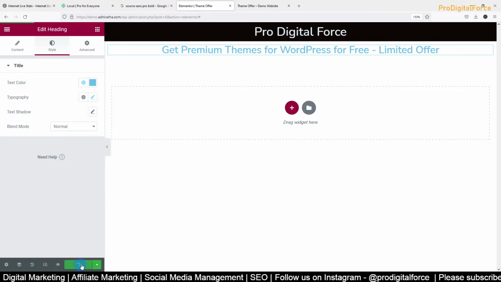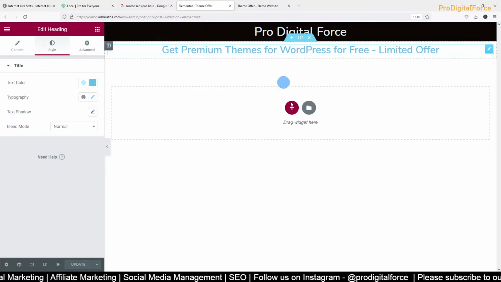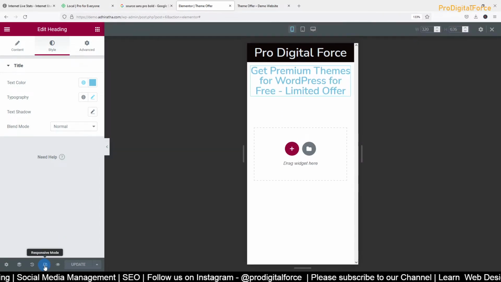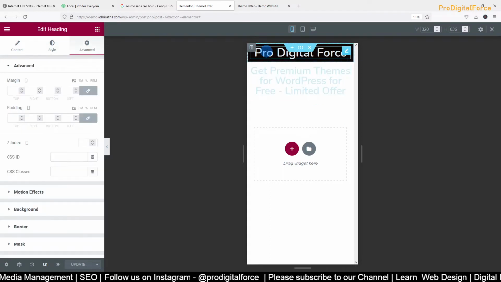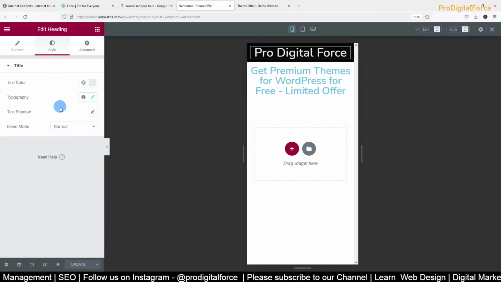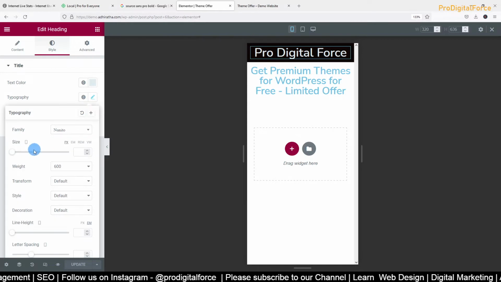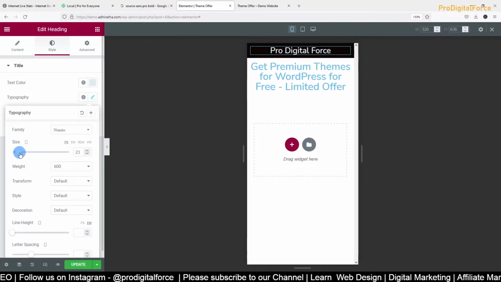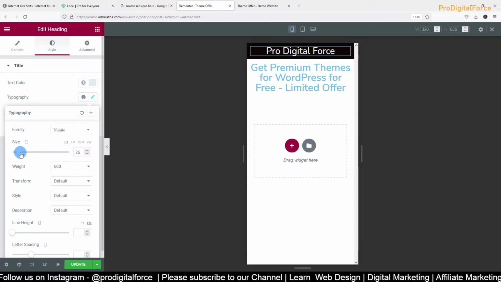Now what we are actually doing is for the desktop. You guys already had a question last time: how will this be matching for the mobile and all? So you can actually select it here and see. For the title it is okay, but still I'll adjust it a little bit so that it doesn't look too big.